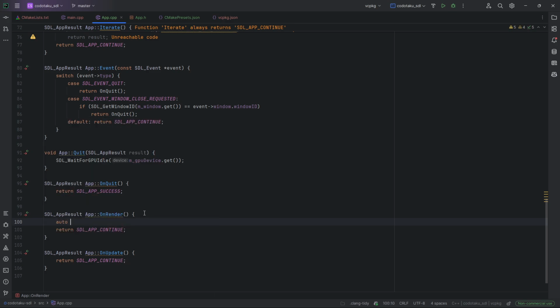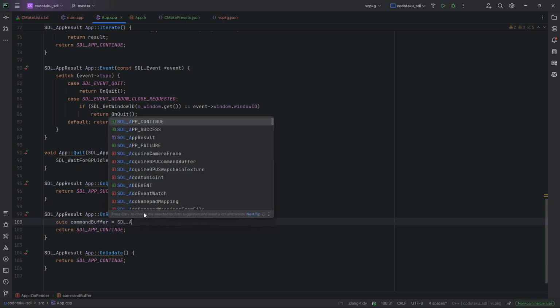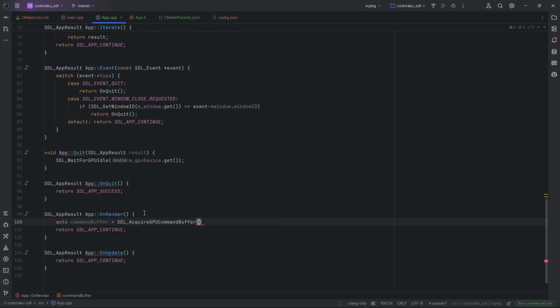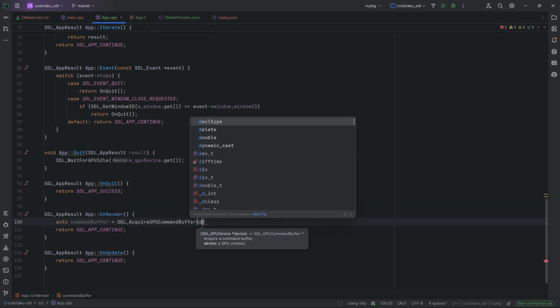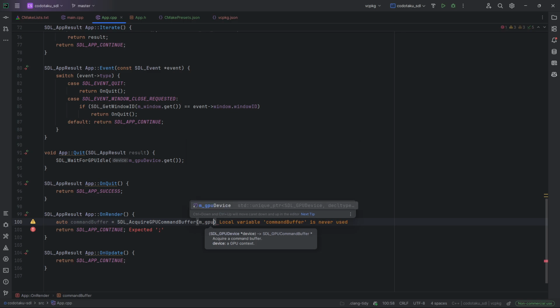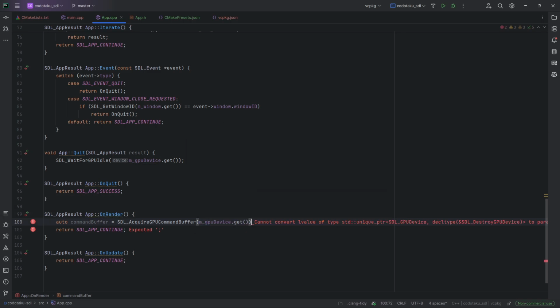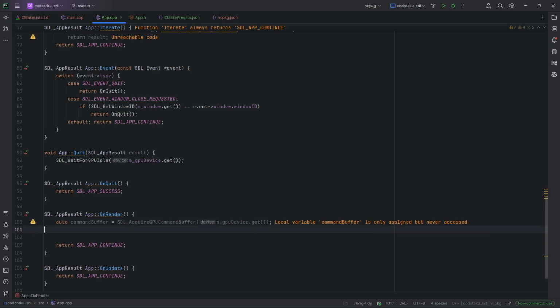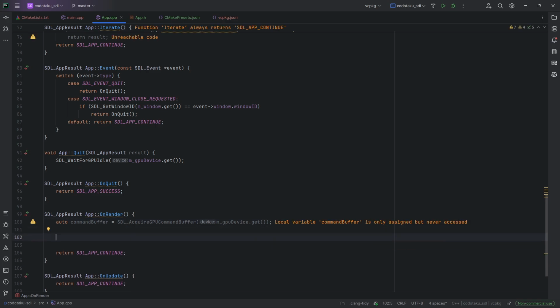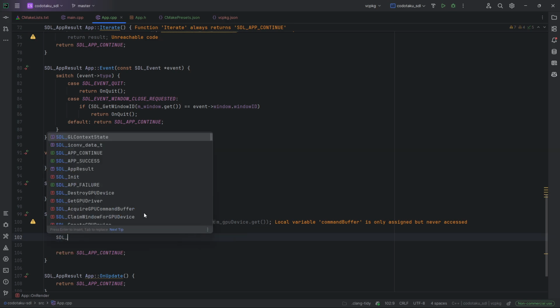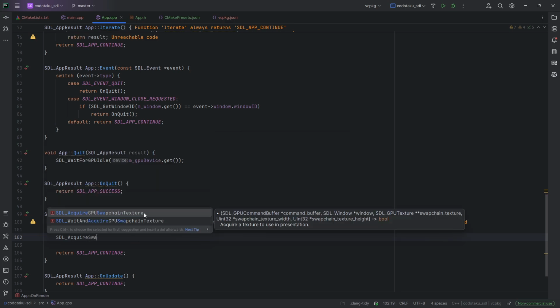So the first thing first, we're gonna acquire a command buffer. So how are we gonna do that? Well, auto command buffer is equal to SDL acquire GPU command buffer, and here we're gonna need the mGPU device dot get, and then we're gonna need to basically grab a swap chain, I think so. Acquire swap chain, GPU swap chain